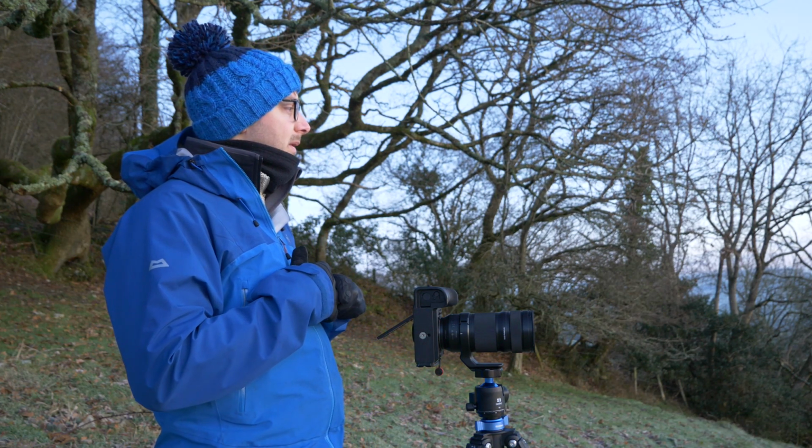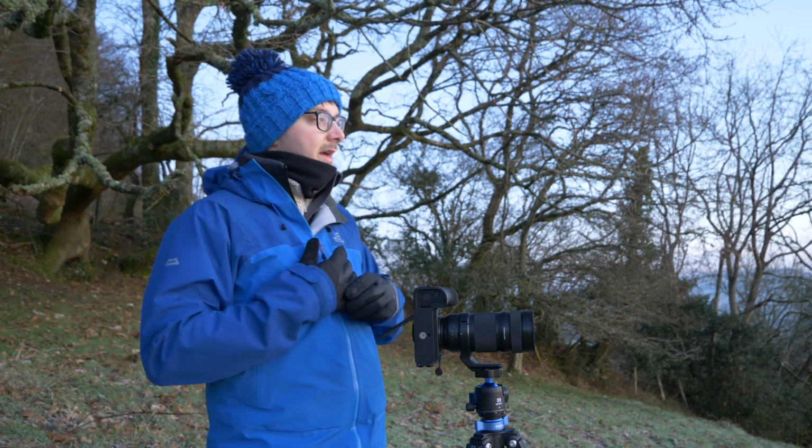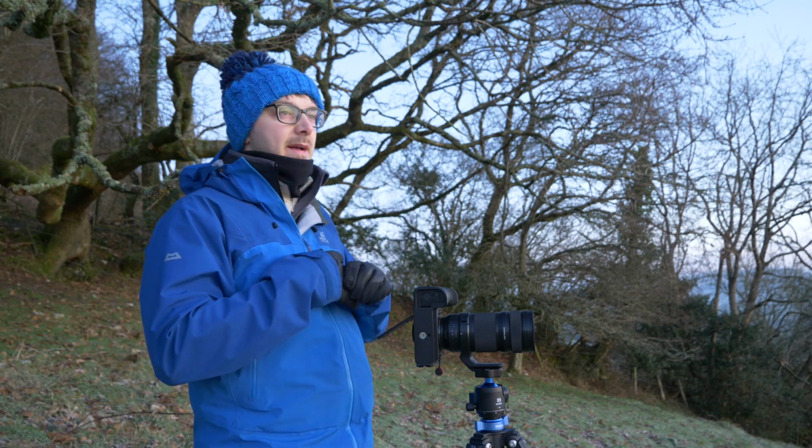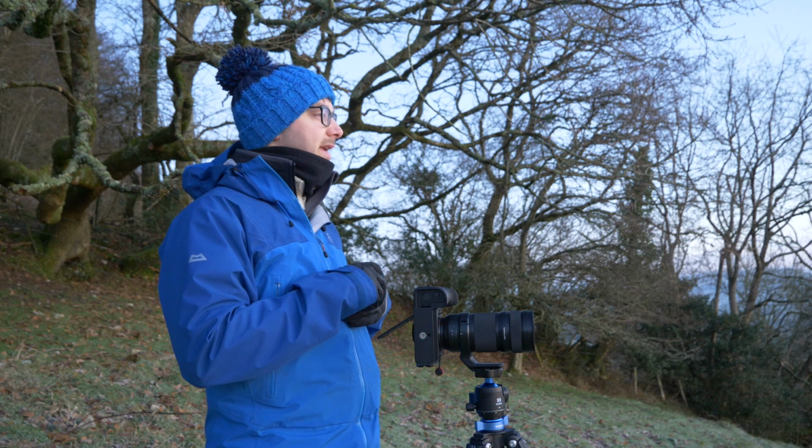It's very unique, but I just feel like I'm not quite high enough. I think I need to be higher up. That's why the other location worked a little bit better. But again, treat it as a recce, have a little look around and try and find some unique and different